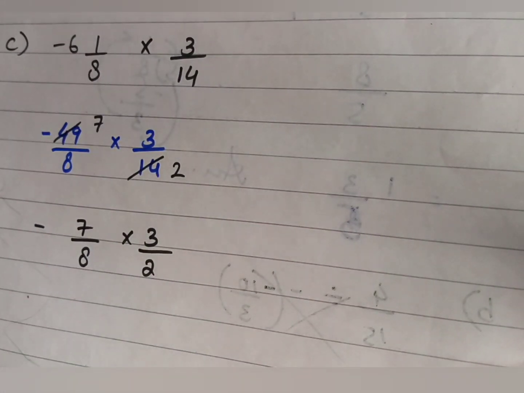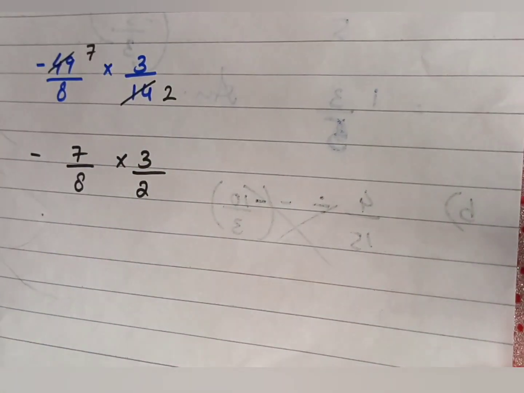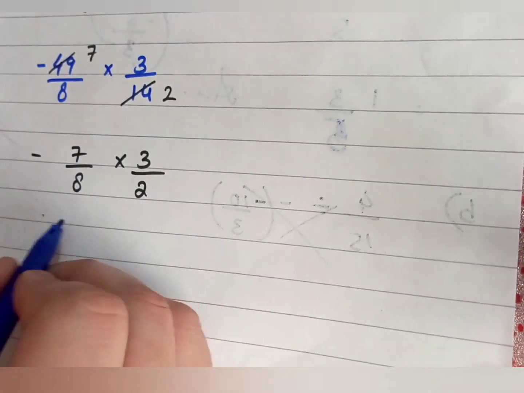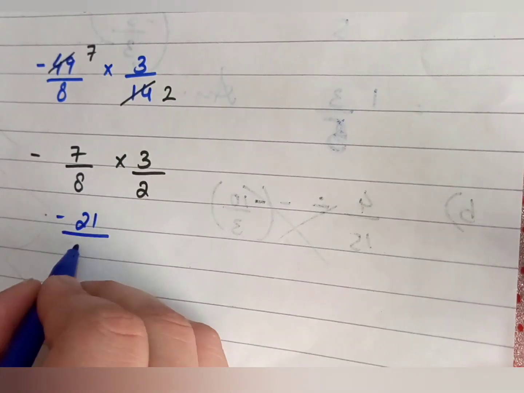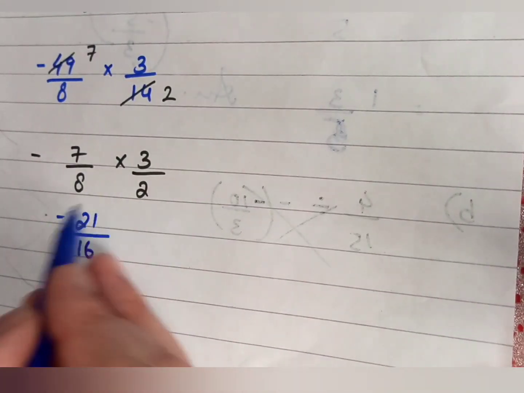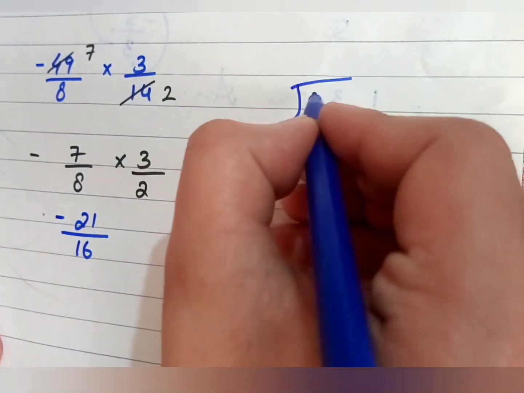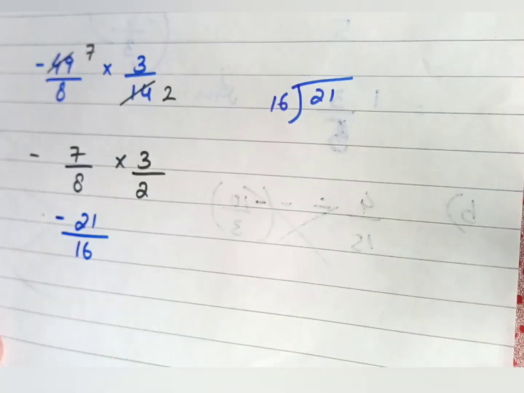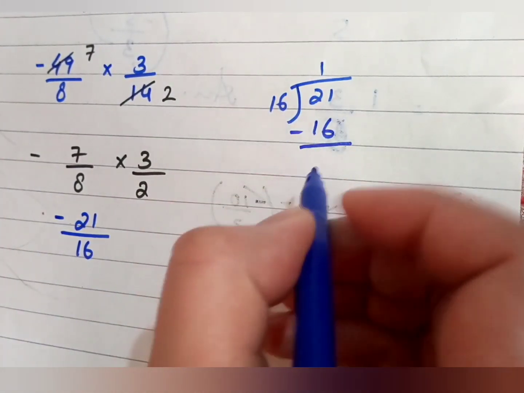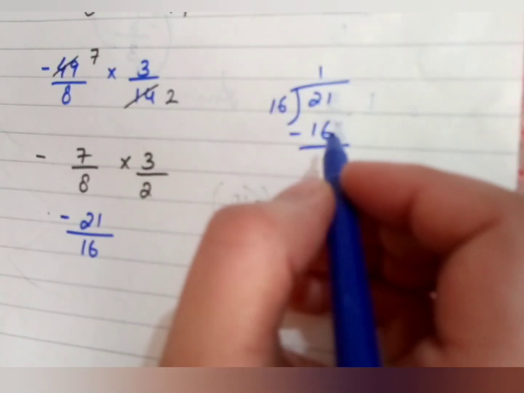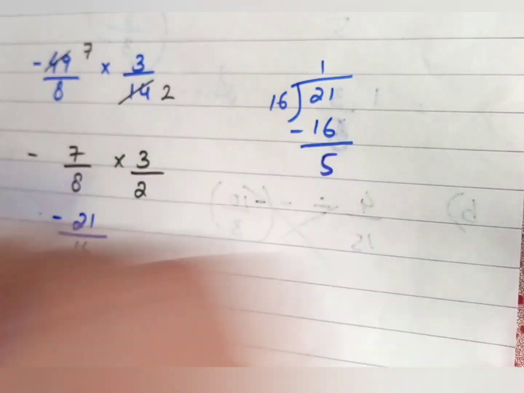Now again you can see whether there is any possible cutting, cross cutting, or up and down. No. So we have to multiply: 3 7s are 21, plus minus minus, 2 8s are 16. Now this fraction is an improper fraction because we have a bigger term in the numerator, so we just have to divide this term, 21 by 16. 16 1s are 16. Now subtract 16 from 21, get the answer 5.